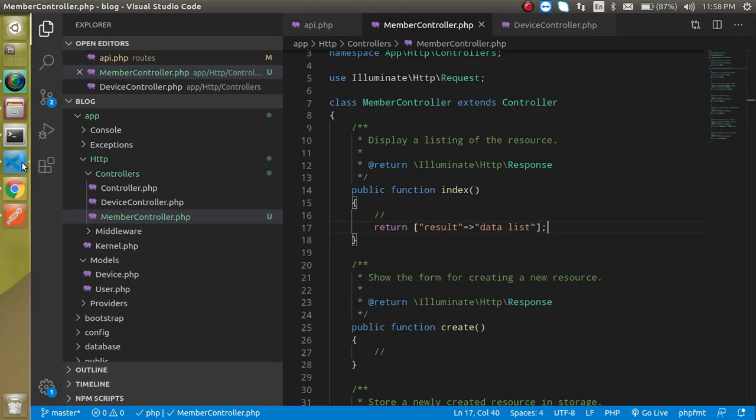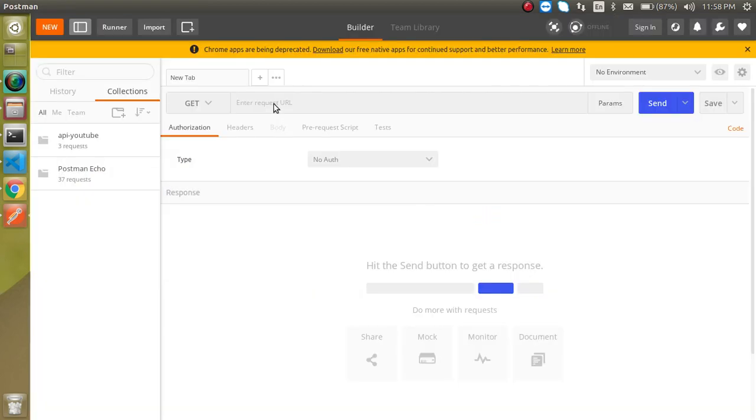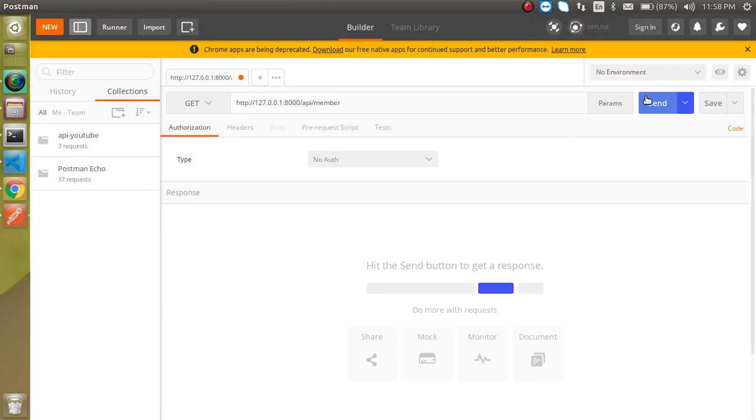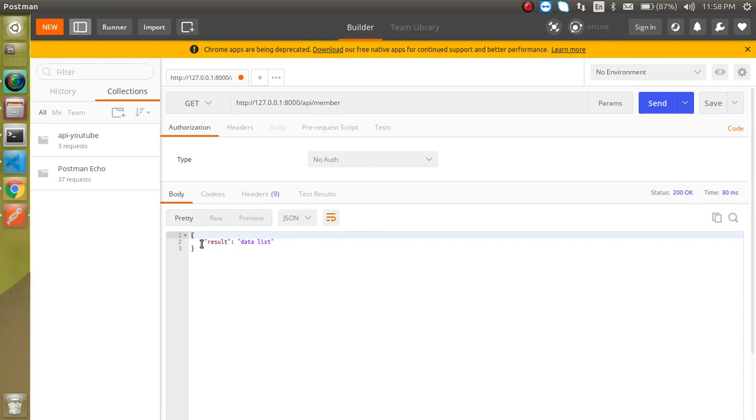Why do we select GET? Because for the index we want the listing, and for getting the listing we always use the GET method, right? Put here localhost, this is our root URL, and add member. Why are we adding member here? Because in api.php we defined member. And here you can see that we got the data result.